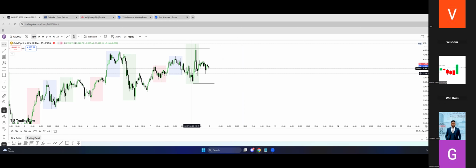Why? Because that New York session only needs more liquidity to go in that direction still. That's why it took you out. So most times, the entry you took from London was not the best entry. Your stop loss was kind of below, or you didn't take the entry on time.